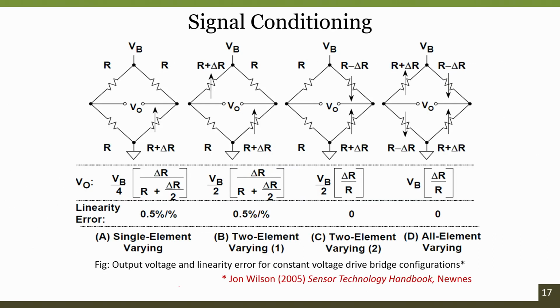But the problem is utilizing a single varying element. Here, if you can see, using a single varying element in a Wheatstone split configuration introduces a nonlinearity error. What do I mean by nonlinearity error? Imagine I have the output voltage; if I see the characteristics between V naught and V in,